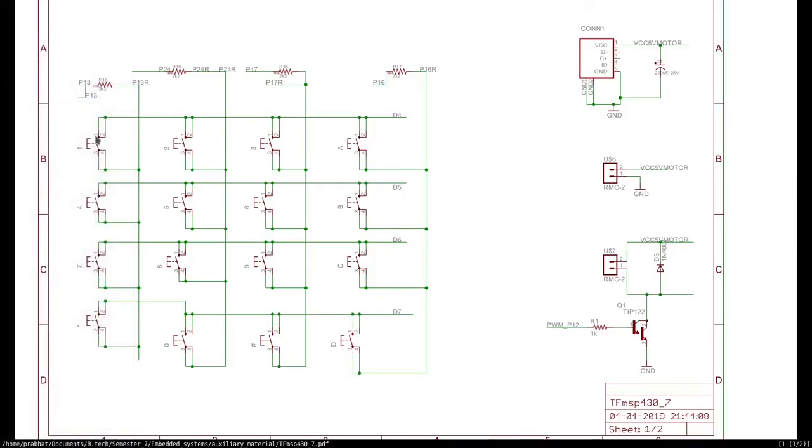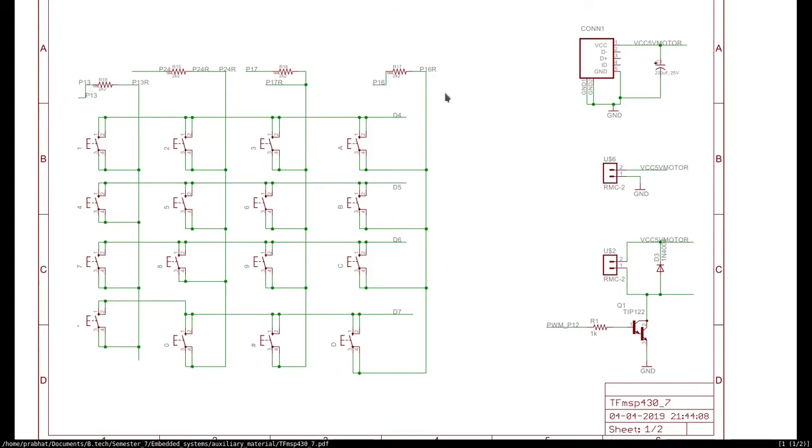As you can see here, this is the keypad schematic of the daughter board, and here P1.3, P2.4, P1.7, P1.6 are set as input ports, and D4, D5, D6, D7 are set as output ports in the function that I wrote. So the code is a while loop in which D4, D5, D6, D7 are set to high one after another, and when D4 is set to high, all these ports are checked whether they are high or not.